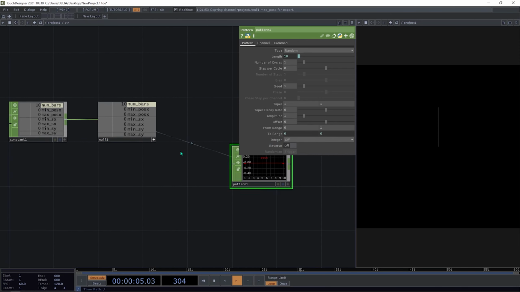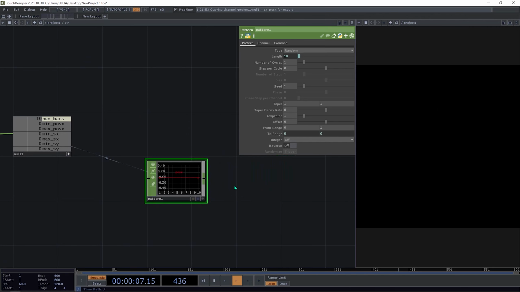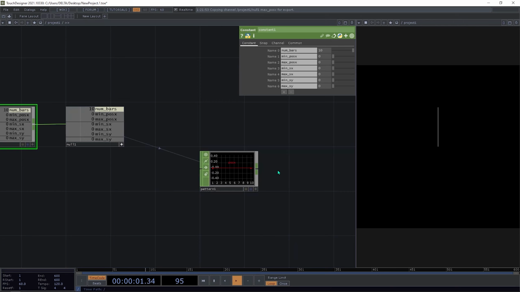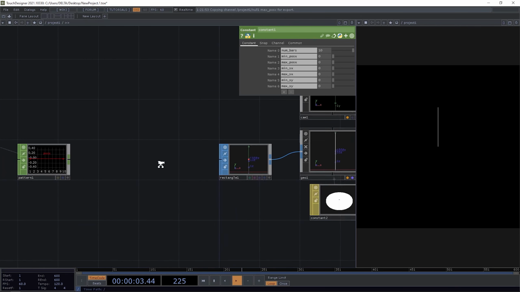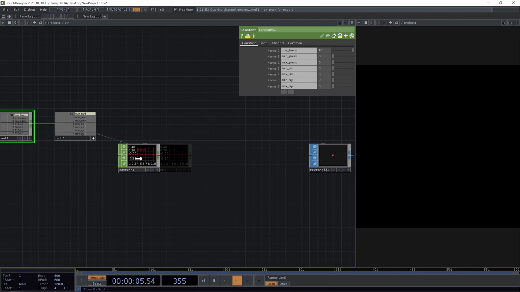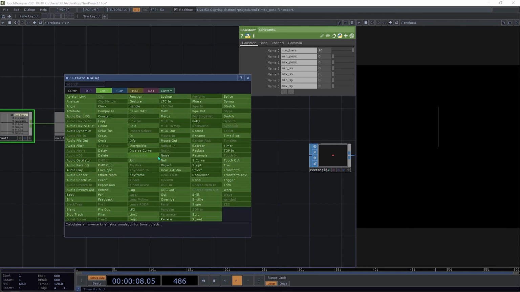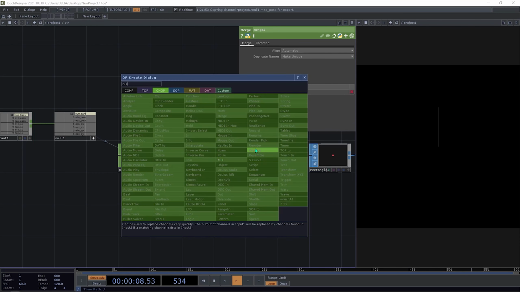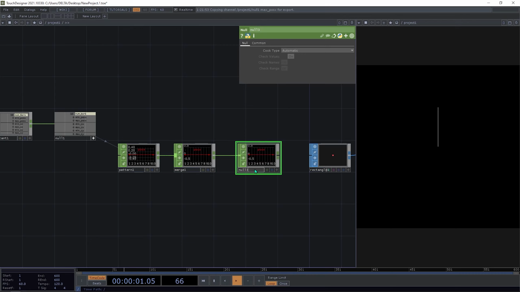And as the positions are 0, because we haven't defined them here, we have no positions. Okay, so before continuing to the other parameters, we will connect a merge and then a null, and this null we can rename to instances,